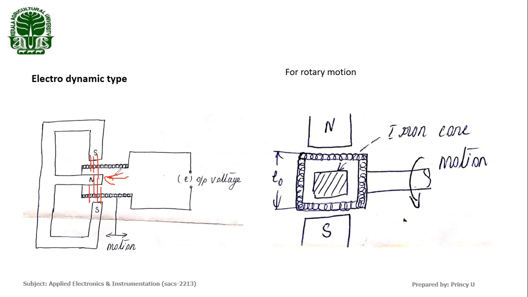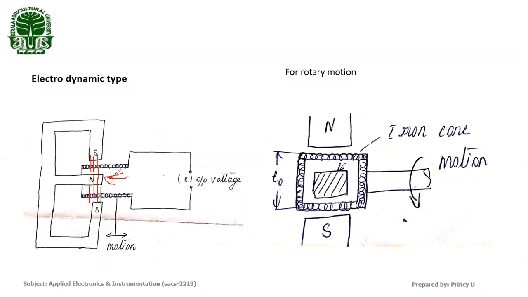So when the coil cuts the magnetic flux, you have studied Faraday's law of electromagnetic induction. Whenever we cut the magnetic flux, it induces an EMF in that coil. Any rate of change of flux will produce an EMF in that coil, and the value of EMF will be directly proportional to the rate of change of flux. You have studied Faraday's law.